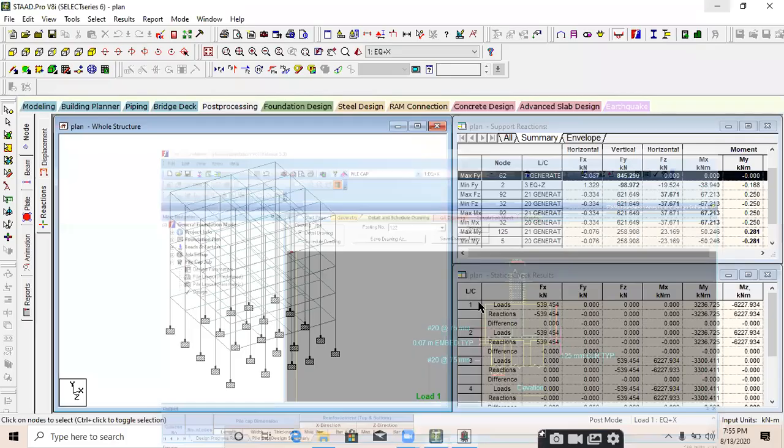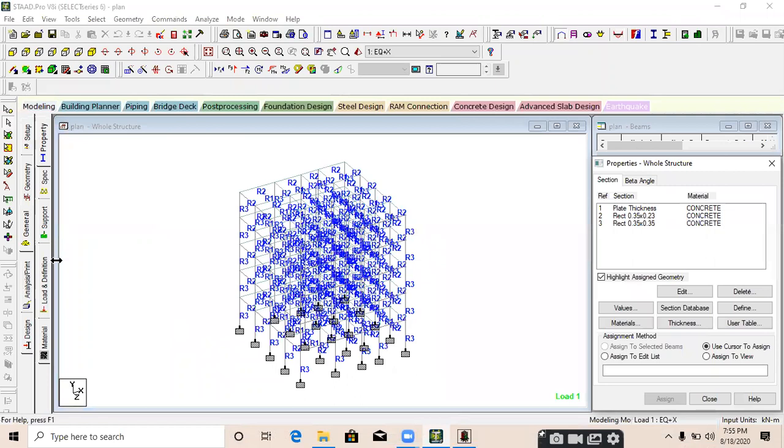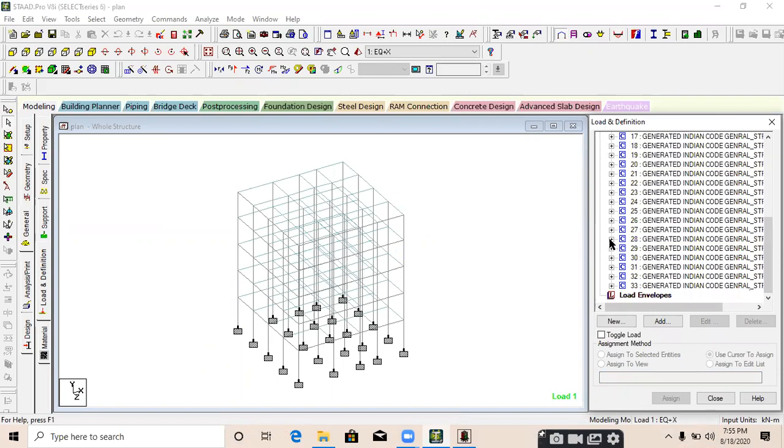We will apply the seismic and wind both loads. There are load combinations of seismic and wind also, but not at a time. If there is a load combination of dead load plus live load plus seismic load, there will be no wind load. If there is a combination of dead load plus live load plus wind load, there is no seismic load that time.